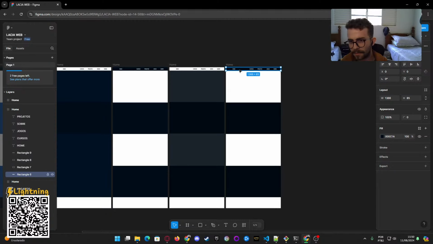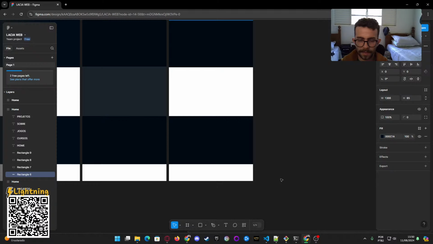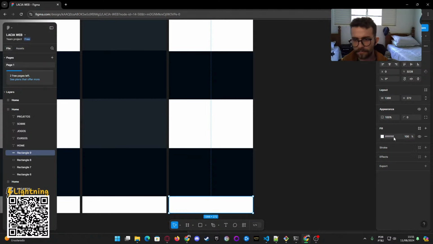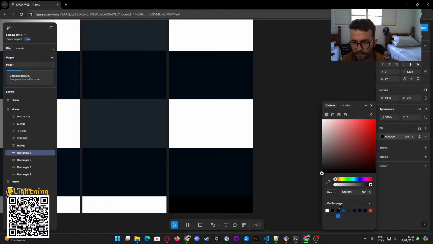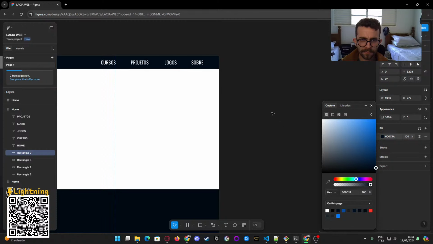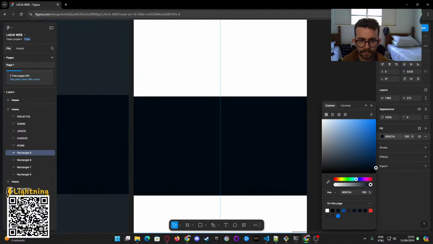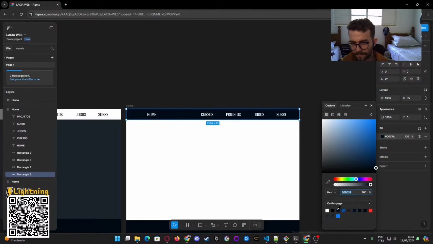What is the color? 00C1A. Maybe I need to switch this color.